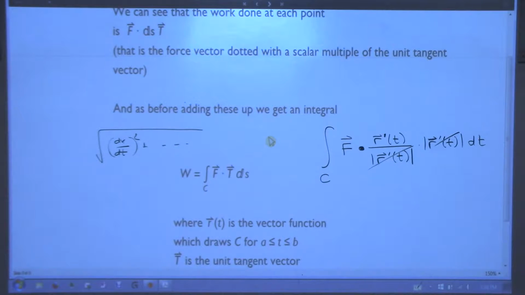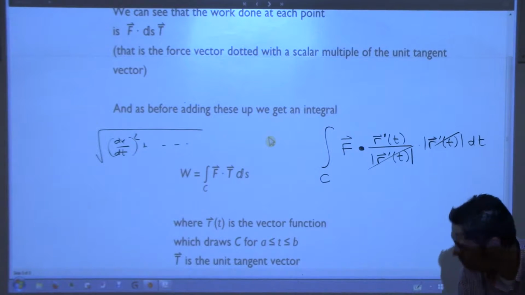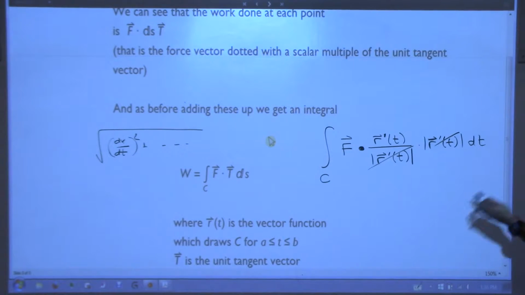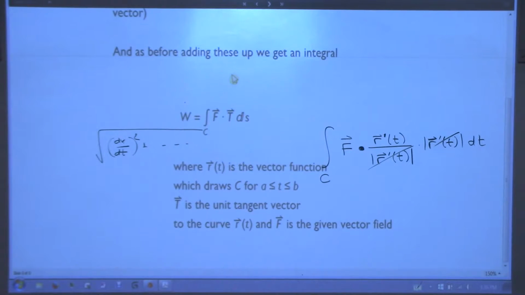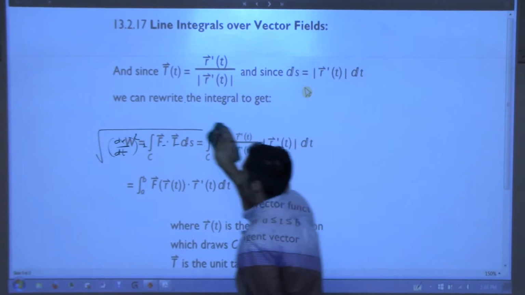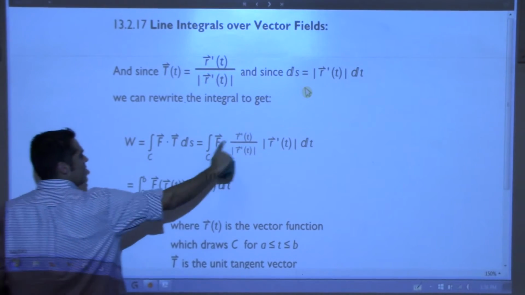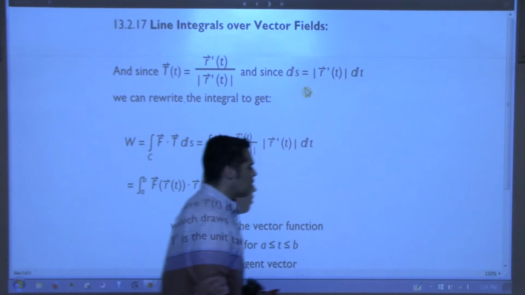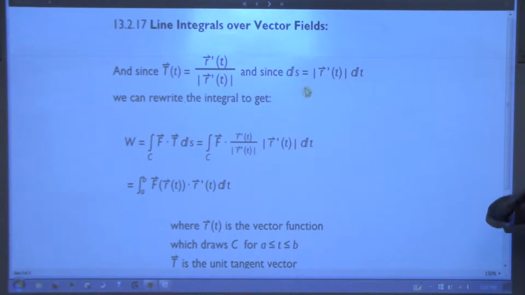And so you get the cleaned up version of the work formula for a particle moving along a curve in a vector field, which I'll put up on the next slide. We could have used capital T, but why compute it if we don't have to? All right, so this is me basically explaining what I just explained on the board, that they get cancellation. And so work turns from this after cancellation into this. So all we're going to have to do, if somebody gives us a curve and somebody gives us a vector field, and they ask us for the total work done,